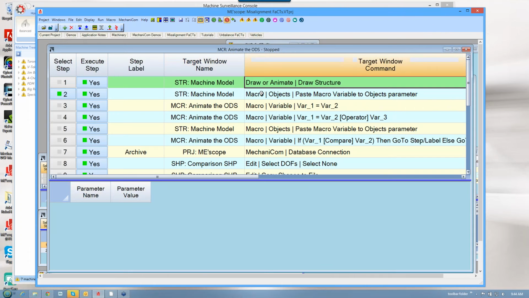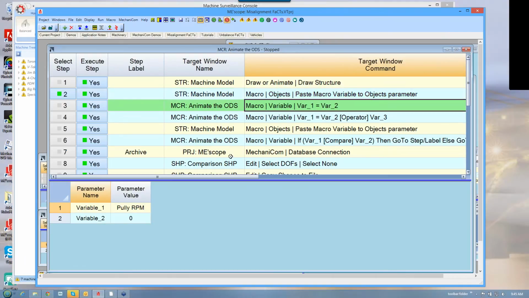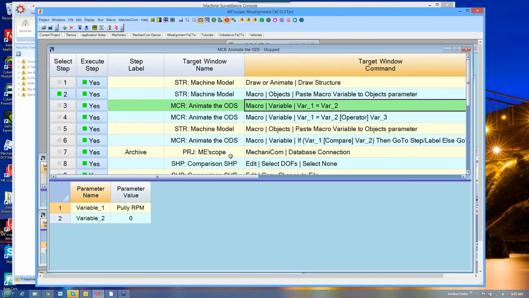It's pasting, what's it pasting? It's pasting which RPM into row 1, column 1, that's the 2000. Now it's taking that variable and it's doing a little bit of arithmetic here. It's going to store, it's going to set pulley RPM equal to 0. Then it's going to,